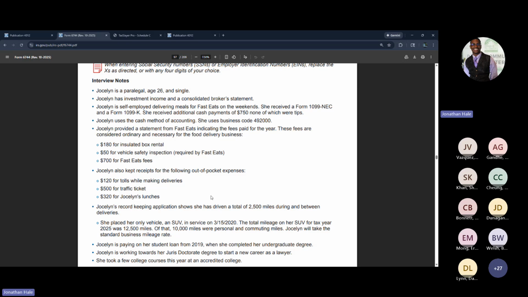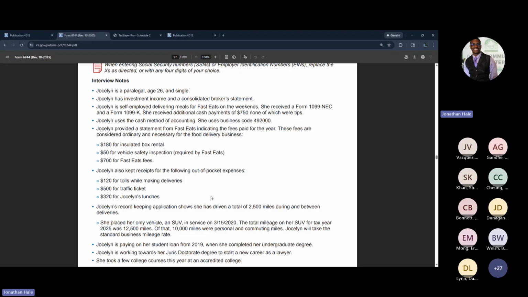Definitely that traffic ticket. Anything else? Lunches. Yep. Because the traffic tickets and the lunches wouldn't qualify, because those are not regulatory